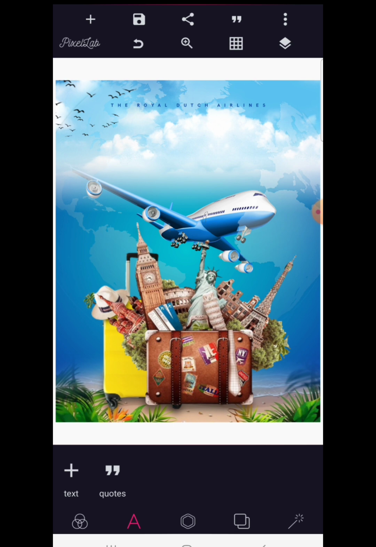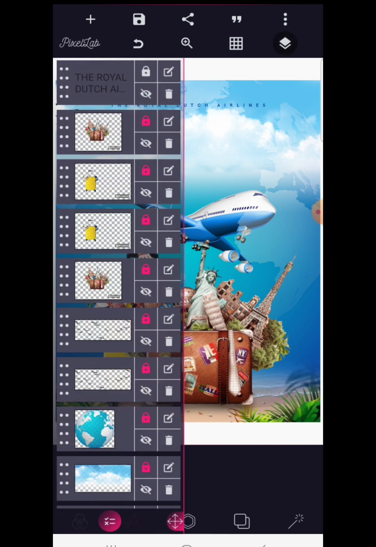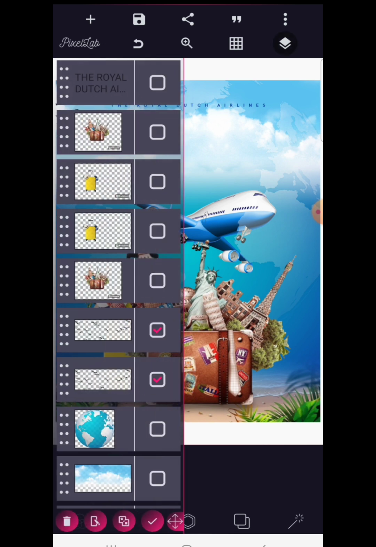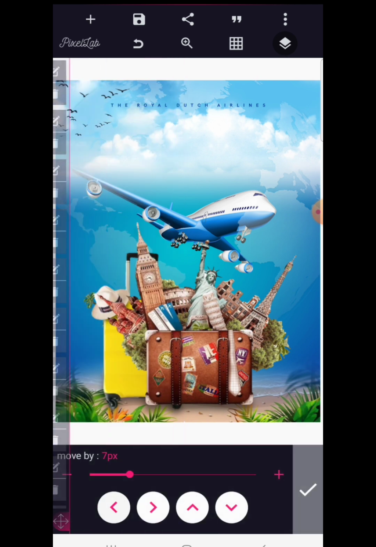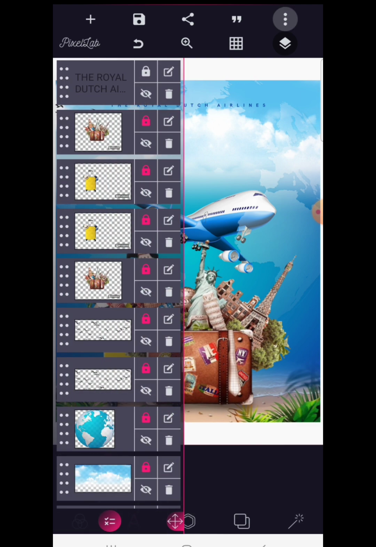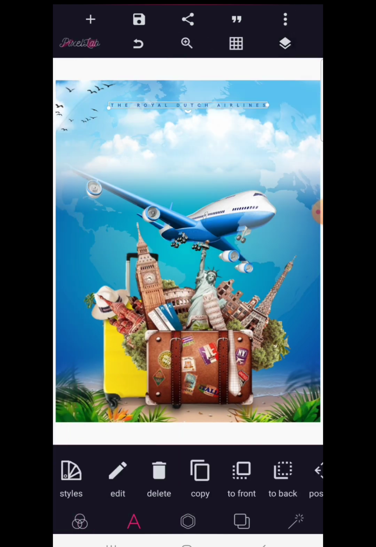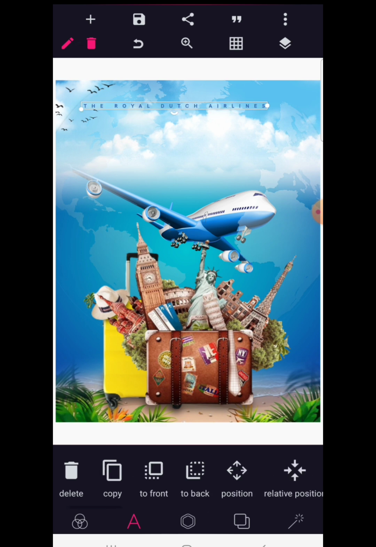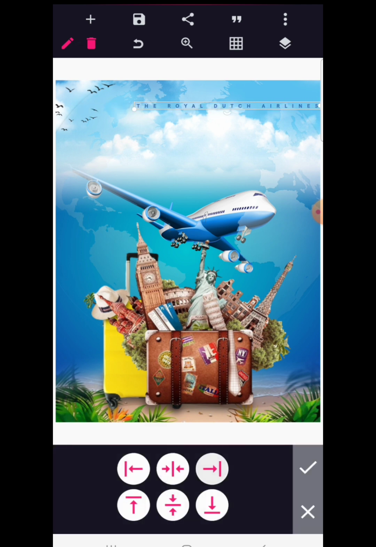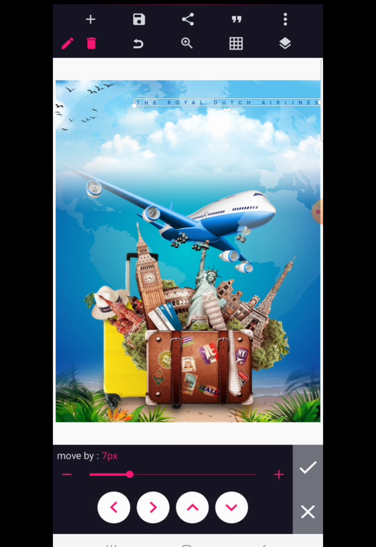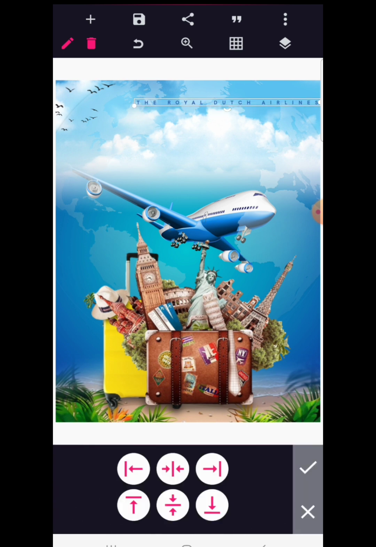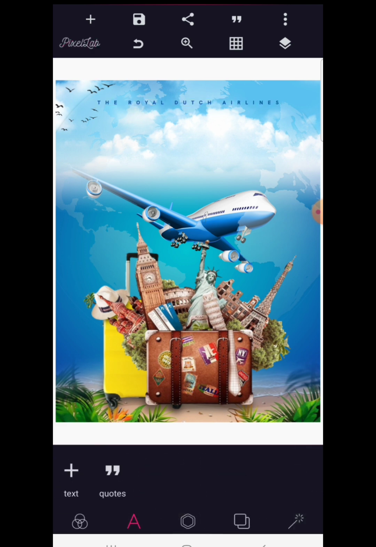Okay, good. So what we're going to do is to shift these birds a little bit further to the left. Okay, a little further to the left. Then we can increase this a little for visibility sake, so it can be more visible. Good. So we have the Royal Dutch Airlines now,